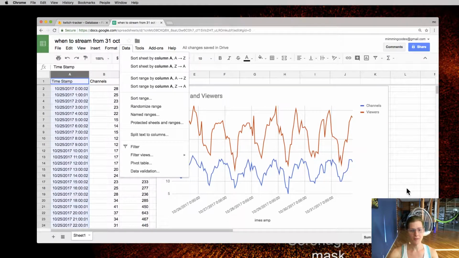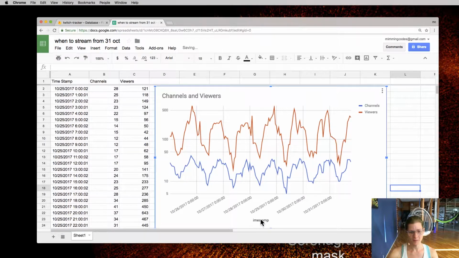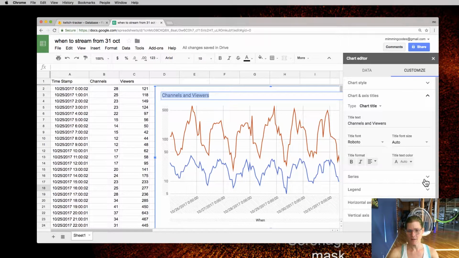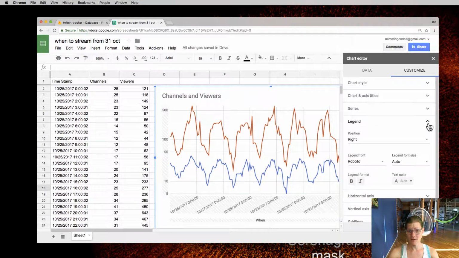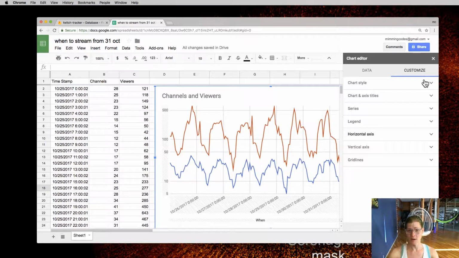Oh, I wish I could break this down by date and time, but I don't think this is a sufficiently complicated graphing tool to be able to do that. How do I change that part? IMStamp. When? There we go. And then channels and viewers. And most people actually don't like logarithmic charts. So I'm going to change this back to an absolute chart,